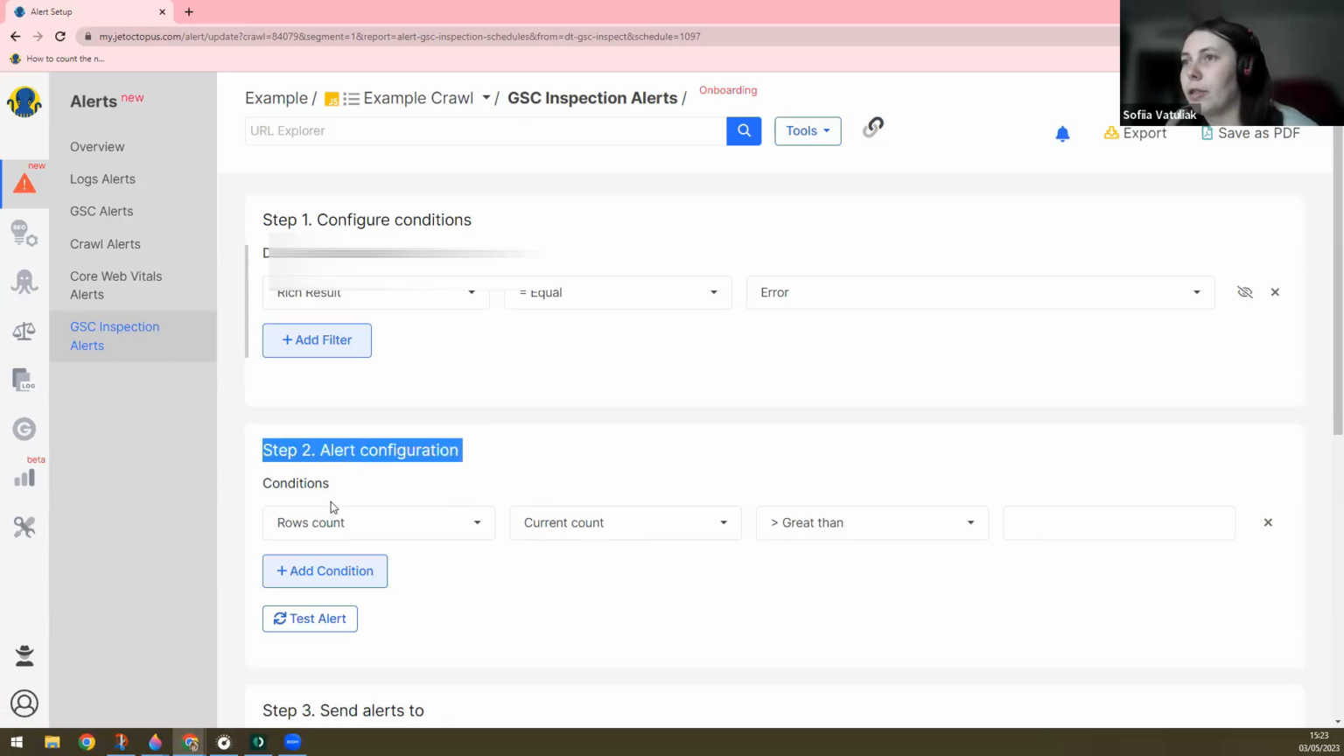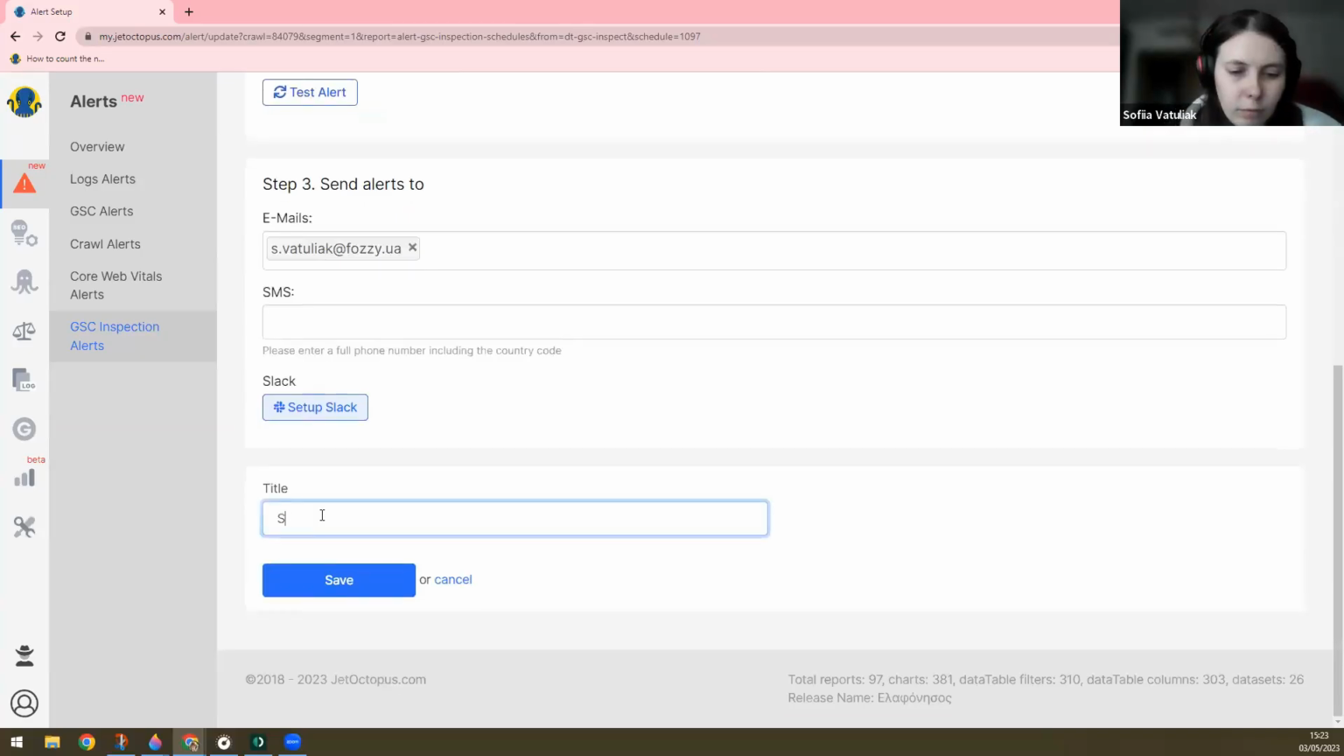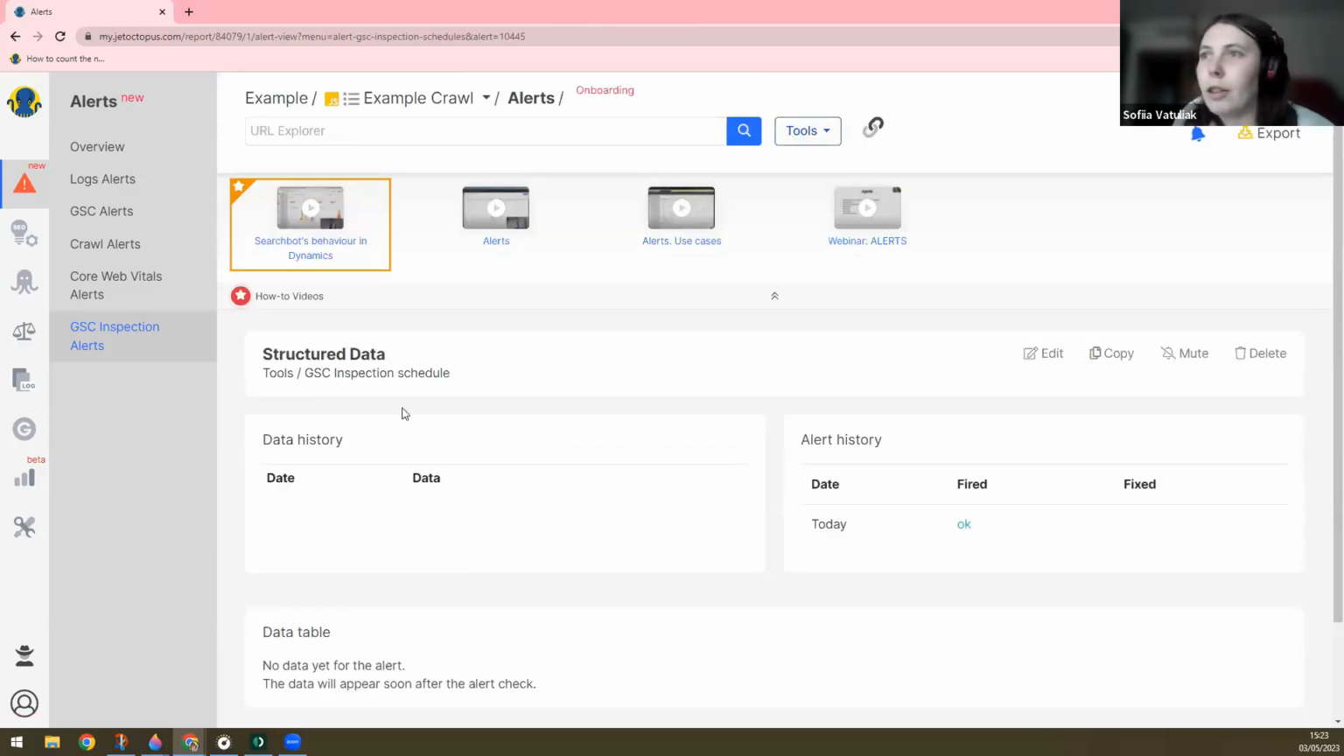Let's select configuration, rows count, current count greater than 1000, because I know that we have a lot of pages with this structured data, and 1000 URLs is not very noticeable for us. Structured data. And here we are. You can create as many alerts as you need and as you want,